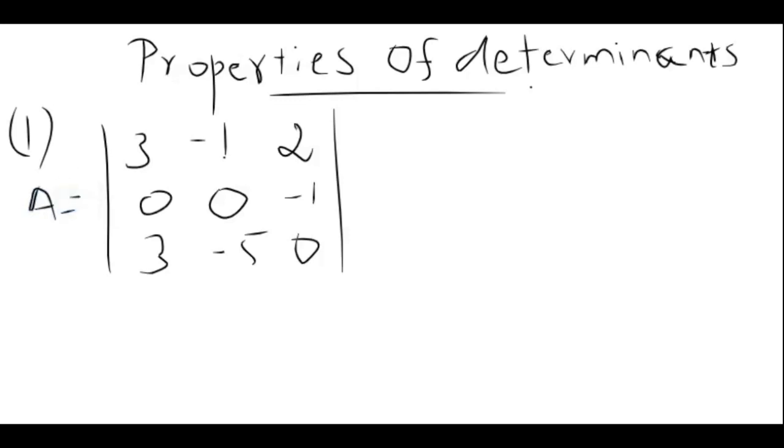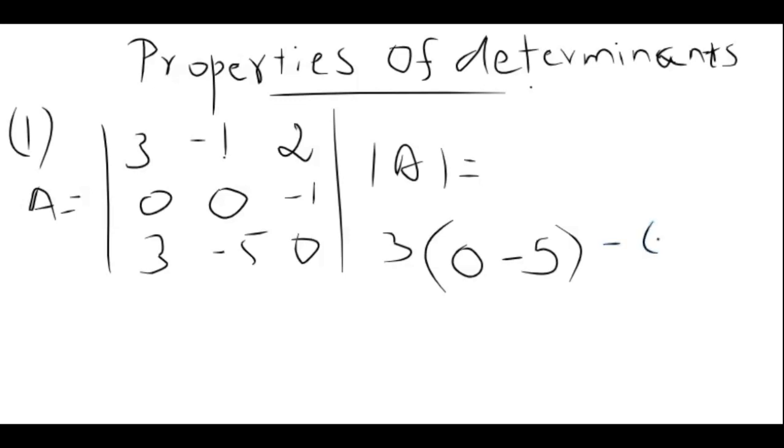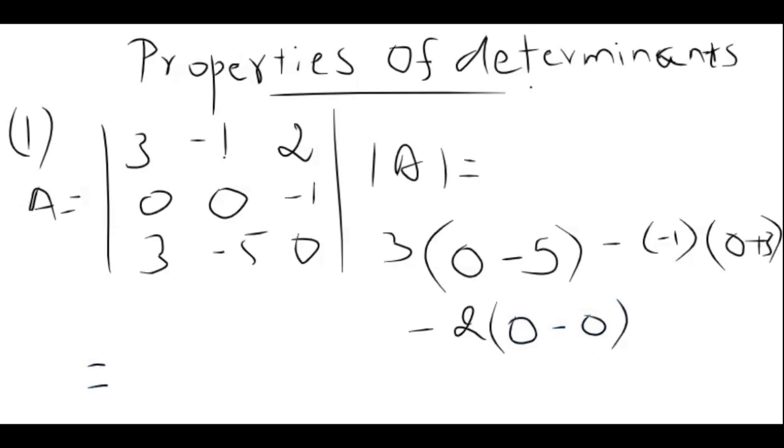Let us take A to be equal to this. So the value of the determinant is going to be 3 into (0 minus 5 into minus 1), which gives plus 5, minus 2 times (0 plus 3), minus of minus 1 into 0 plus 3, which is equal to 3 into minus 5, which is minus 15, plus 1 into 3, which gives plus 3, and a 0,